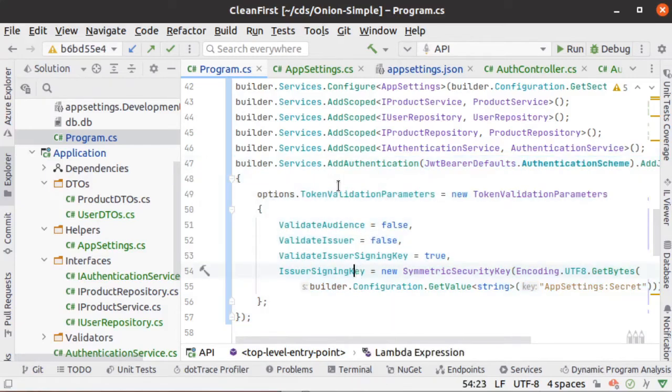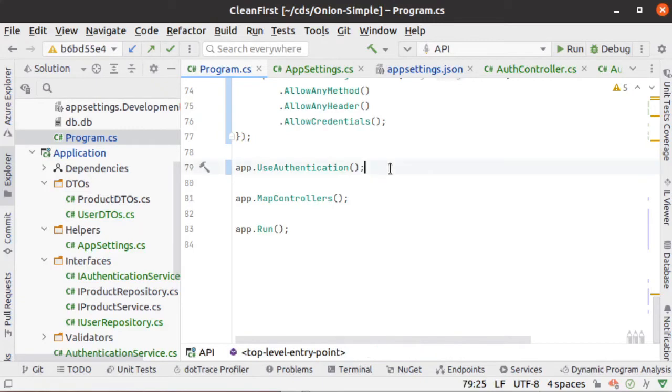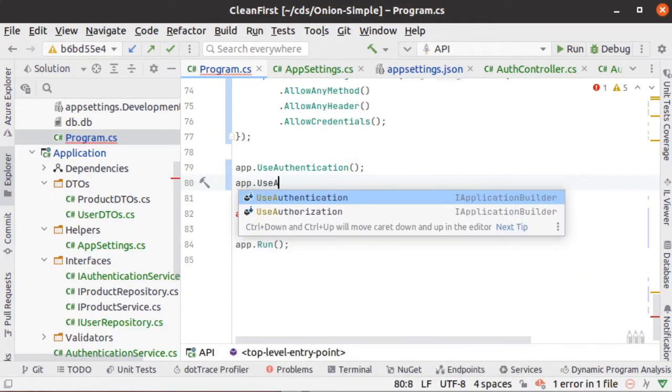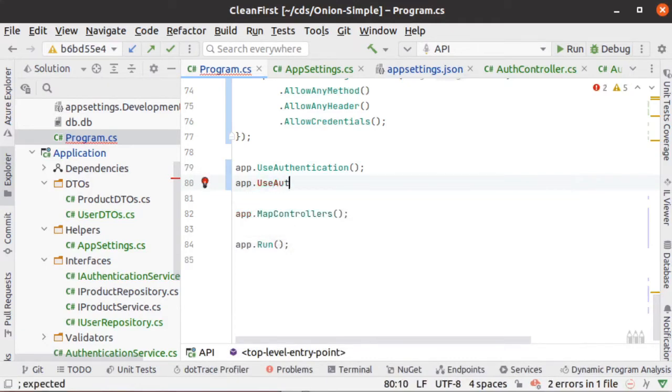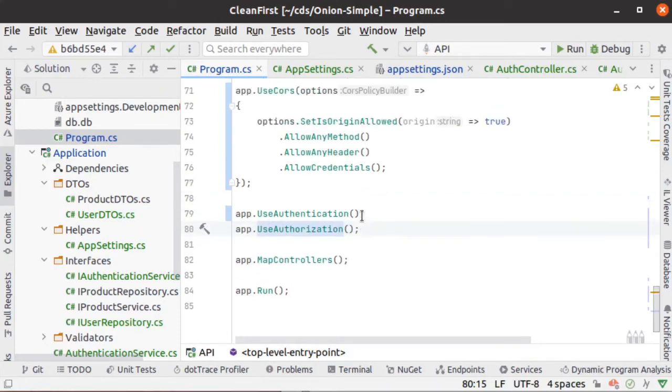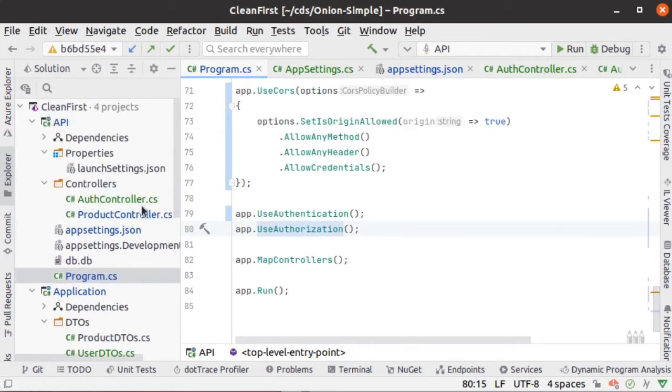And once this is added, we're enabling it down here. And we also have to enable authorization. And authorization is slightly different than authentication, and we'll get back to what the differences are. But we do have to enable use authorization because we're going to use an attribute called authorize inside of our